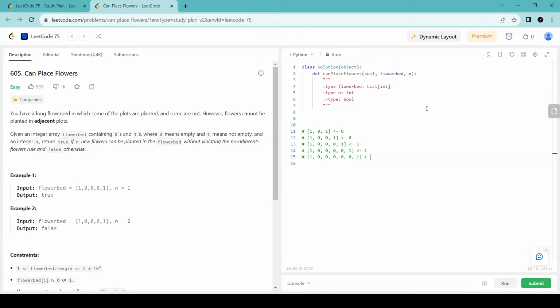So what about this one? It can plant 2 flowers. Here and here. Okay, 1 space, 2 space, 3 space, 4 space, 5 continuous spaces. What does that tell you? It tells you